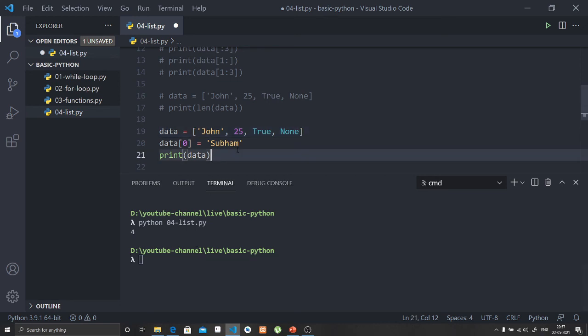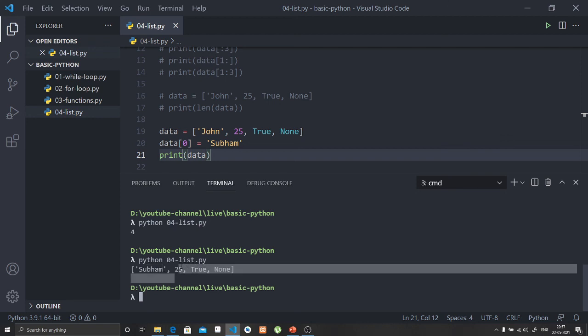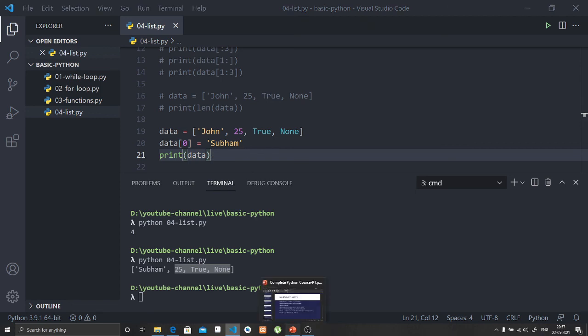If I now print the new list, I should get Shubham instead of John. See, Shubham has been added at the front of the list, and the other things are the same as before. This is how lists work, and there are some more things I have to talk about regarding lists. I will talk about that in the next topic.